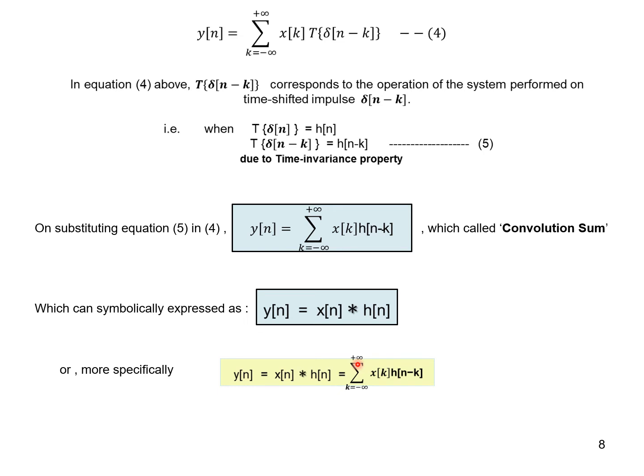If you want to find any other value of y at any other value of n, then shift that value. That is, this operation is nothing but time reversal, shifting, multiplying, adding. So it's actually an arithmetic operation, but so many things are involved. To get the output at any value of n, you have to simply time fold one of the signals, that is h of n, multiply by x of n, then add all the multiplied products. So what is convolution? Many people ask me, what is convolution? To say in a simple way, convolution can be defined as time reversing, shifting, multiplying, adding operation all in one.